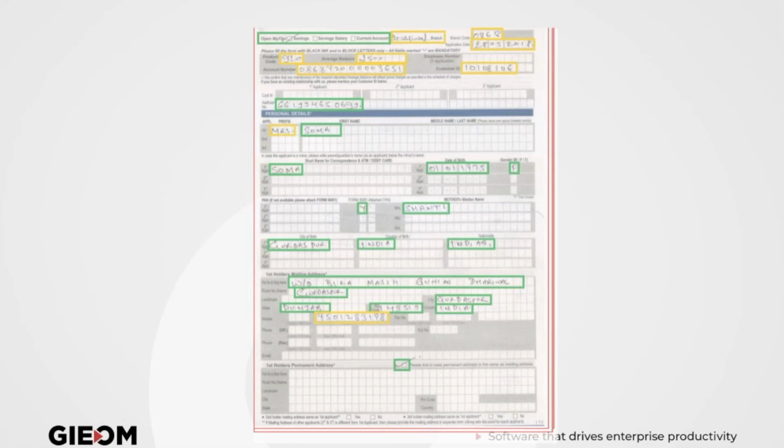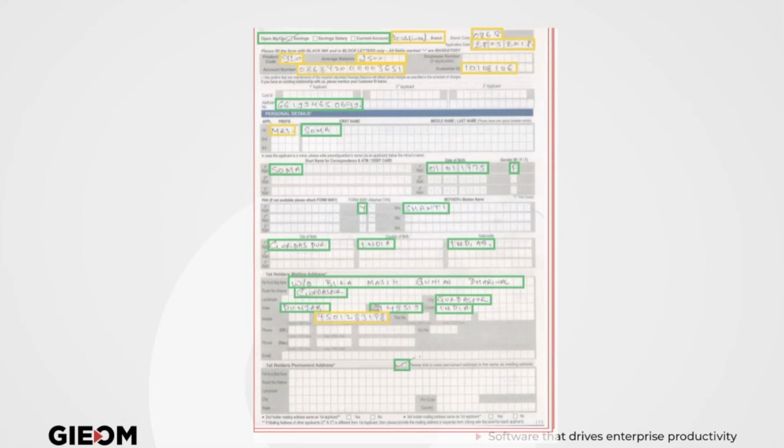So we went into the details of this 56% and realized this 56% is most of the time good enough to open an account. The rest of the 44% are related to risk, marketing, things like that, which can be filled even after an account is opened. So we are able to increase straight-through processing for account opening in this approach. Now let's go into the system and see how all these things work.